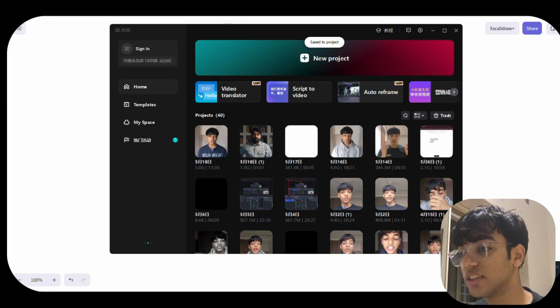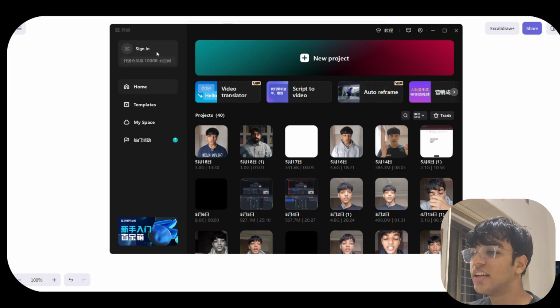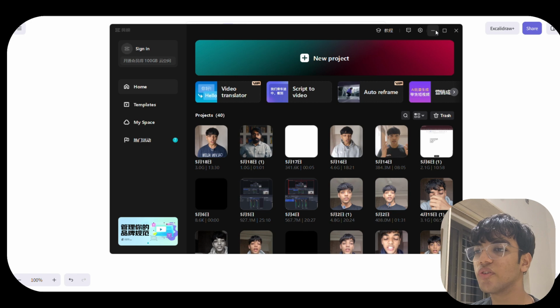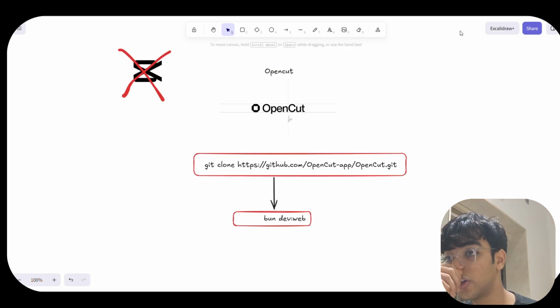So this is one of the CapCut apps I use. The only issue is it's in Chinese, and it's probably hard to understand, and it lags on your laptop. So that is a bit of an issue. That is why I don't, it's on you. If you want me to explain, then do let me know. I'll make a separate video on it.